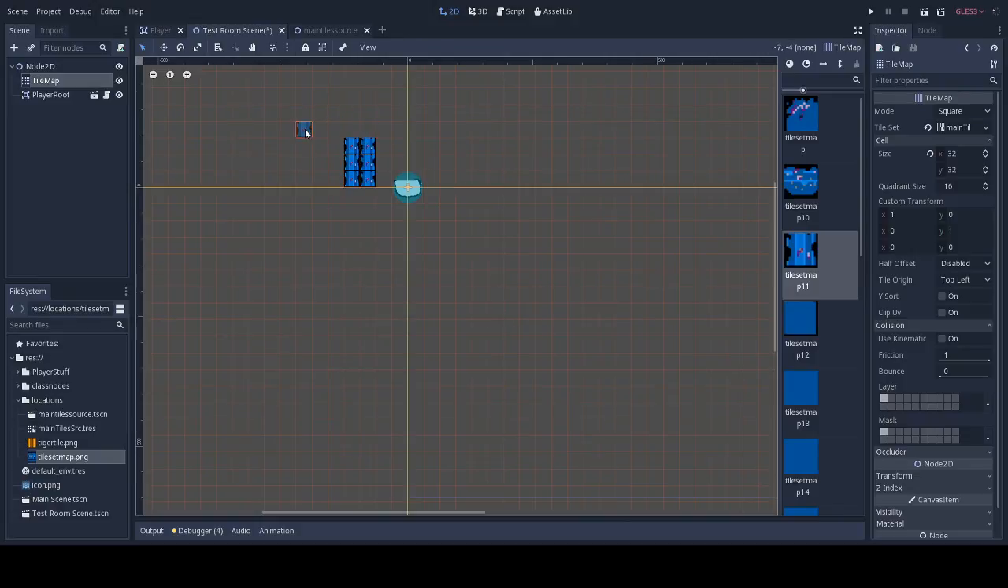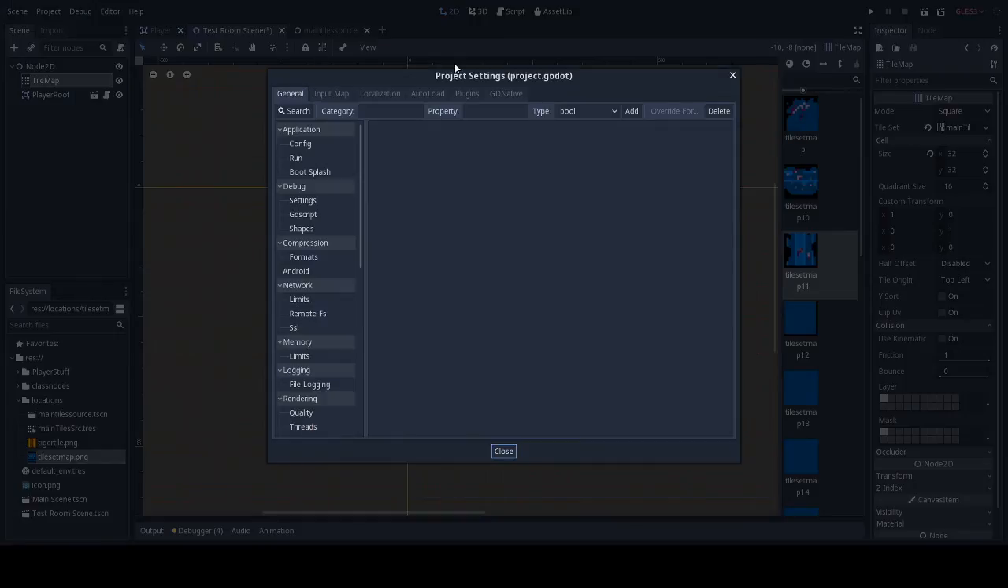So it stores the preload of the scene, I guess you could say, in the memory of the project file of Godot, whatever. And yeah, just like that. So if I run the scene, project, like settings,